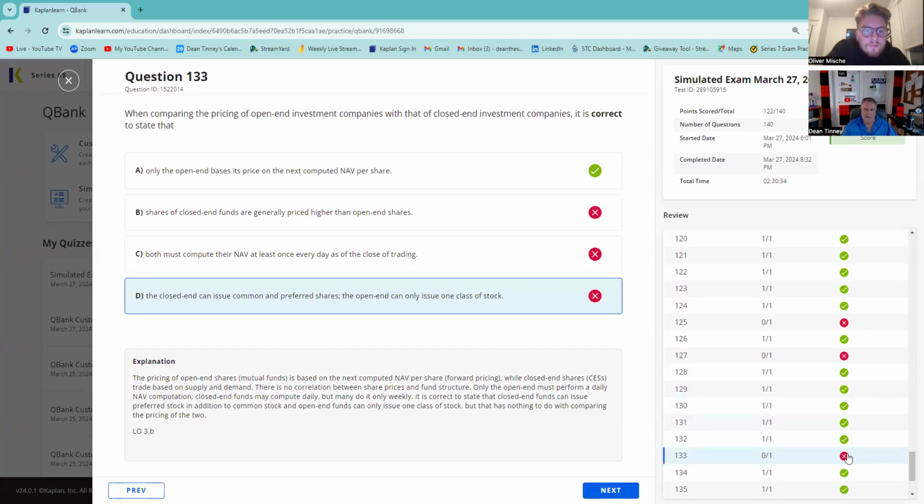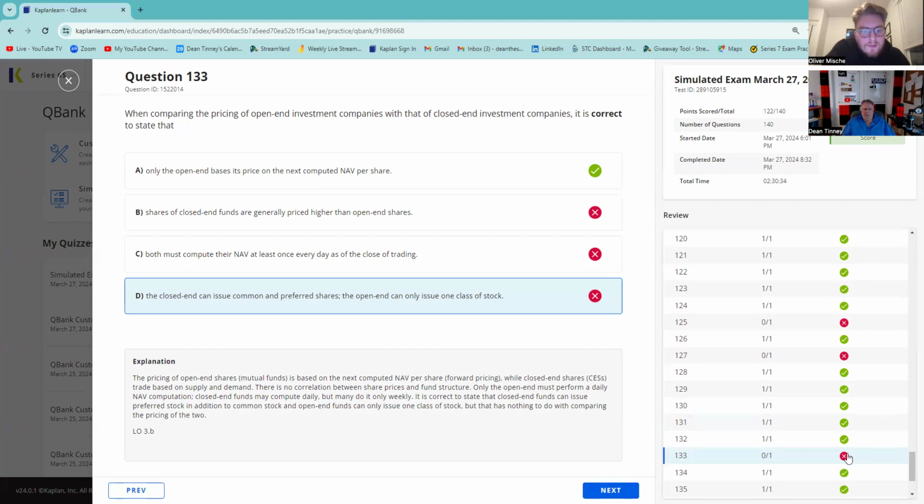We said closed, and I kind of liked A here, but then I read your answer and I thought your answer was right. I was going to answer A. Yeah, I was between the two. Forward pricing. So now let's see what this is. Closed end can issue common and preferred. That's true. The open end. Now maybe they mean B shares and C shares. Let's see what